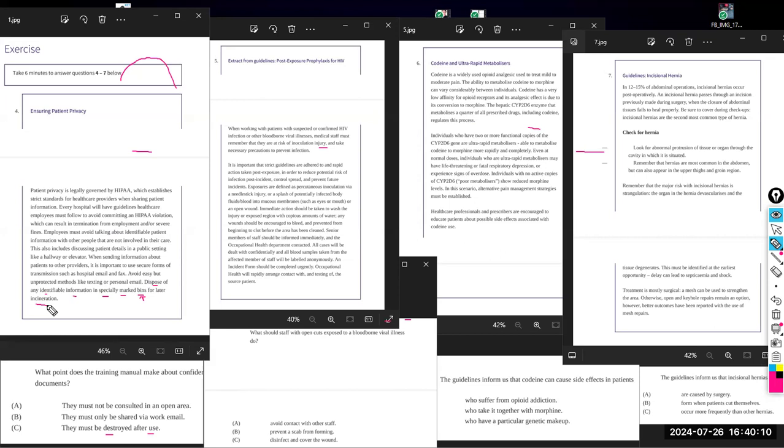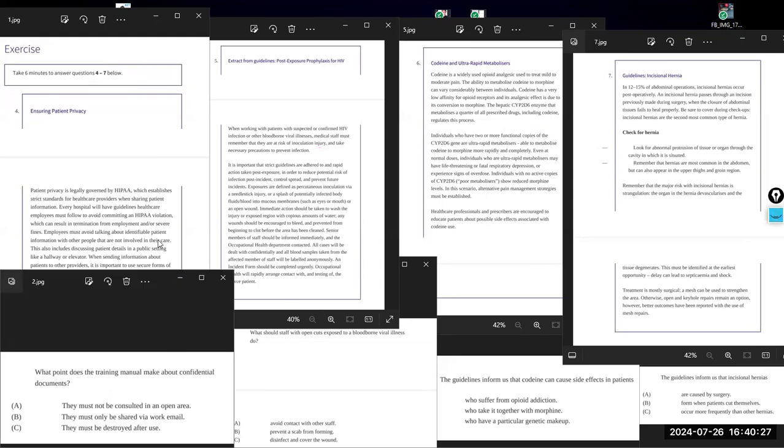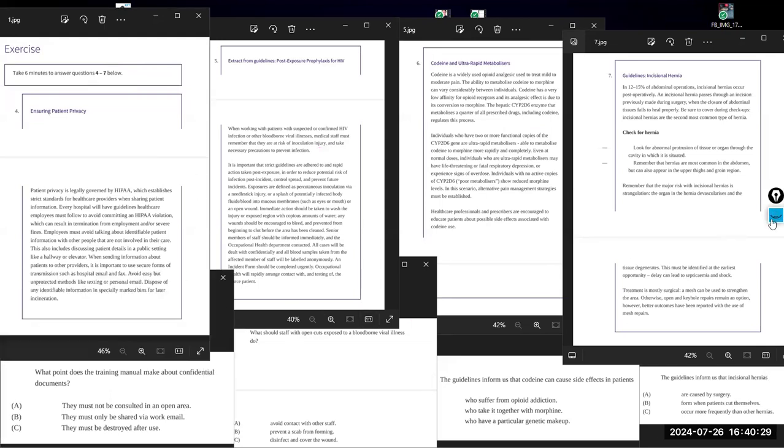But they also said before, when sending information about a patient to other providers, it's important to use a secure form of transmission, such as hospital email and fax. But why I didn't know if it's B or C. What is the question? What is the question saying? What point does the training manual make about